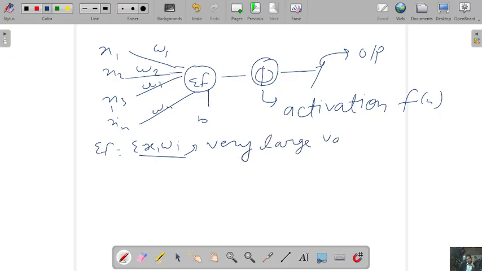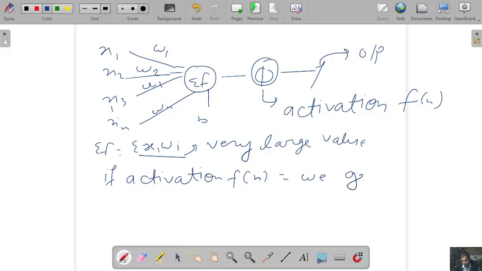Very large value. So if we apply activation function, then we get 0 and 1. Okay,